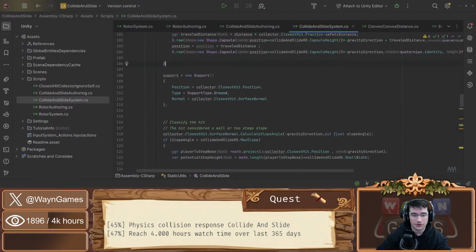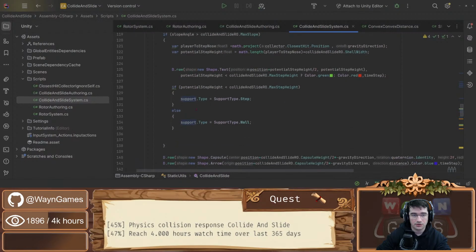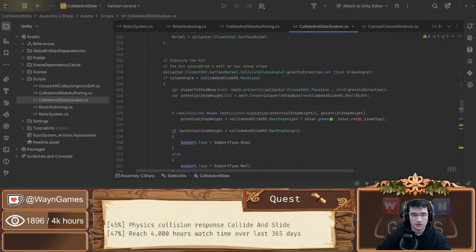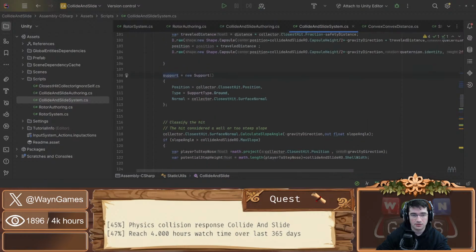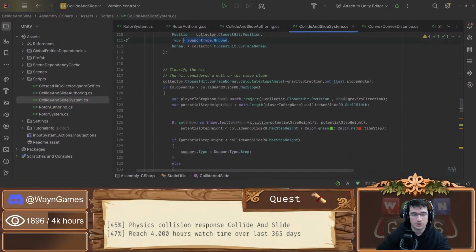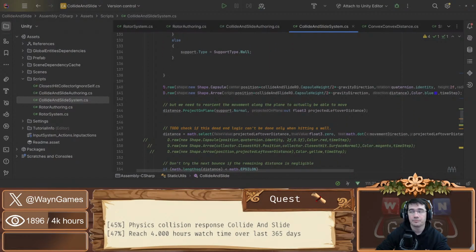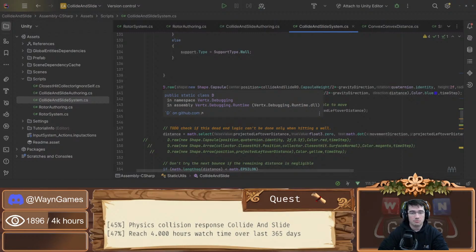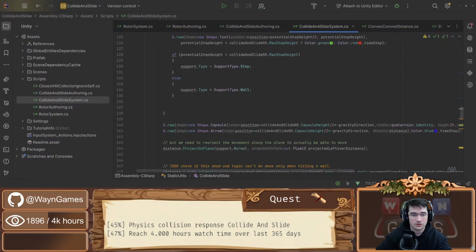So if I don't have a hit, I'm stating the support. I'm classifying the hit. Calculating the angle, so by default I say it's ground. But in fact it could be no hit. So that's probably what I'm missing here, because if there is no hit,